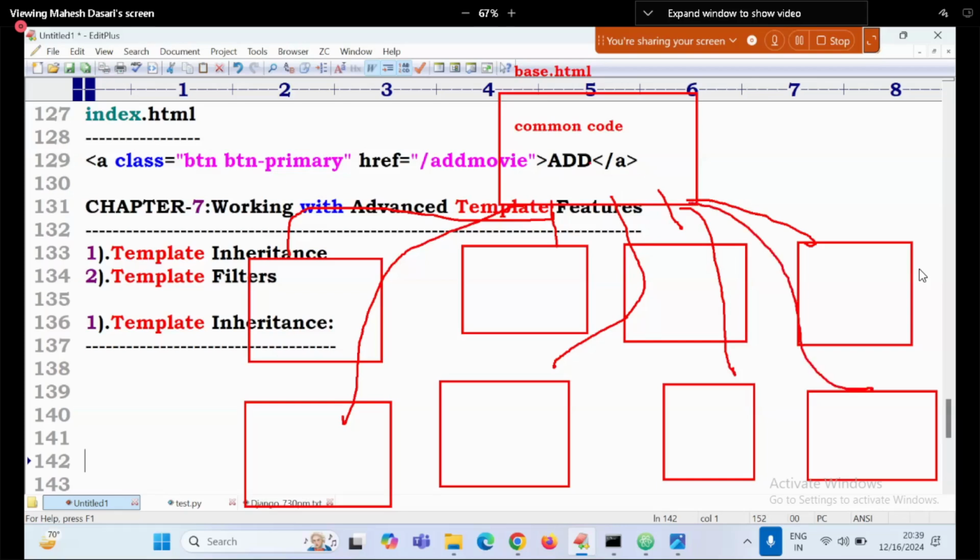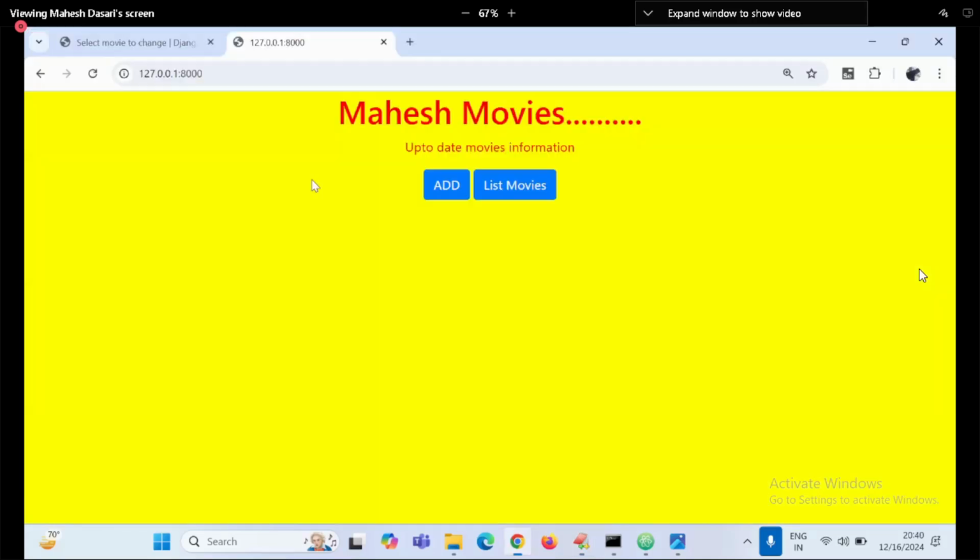Then whatever common code is there, you no need to rewrite. Suppose 100 lines of code is there, just you can use extends base page, a single line. Extends is the keyword. In the starting curly braces, just you can use extends of which HTML, that HTML, base.html. That all 100 lines of code is eligible to these templates. Then template inheritance is highly recommended. For example, if you check the narration site,